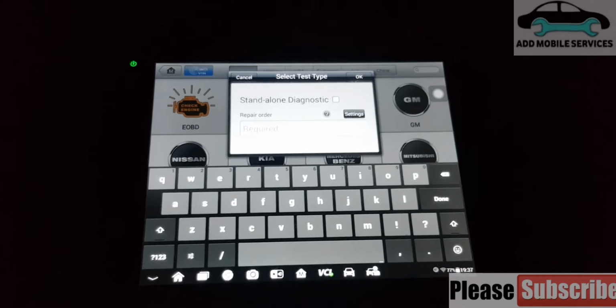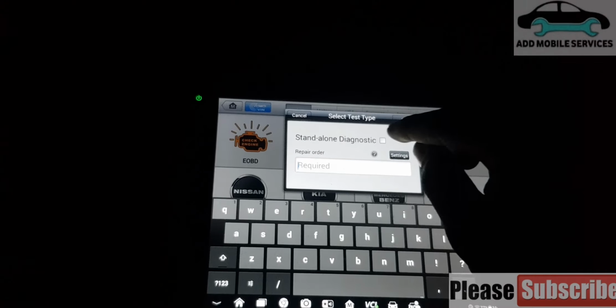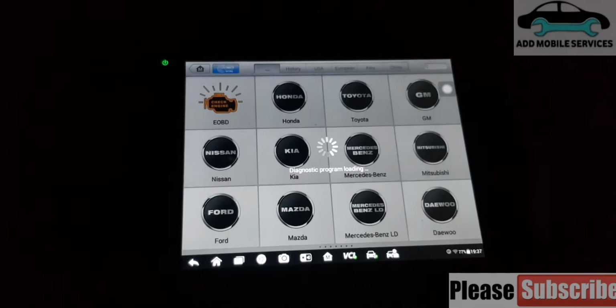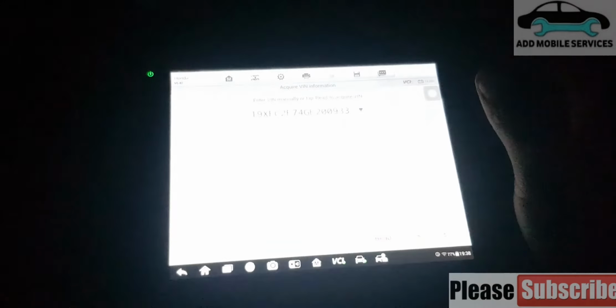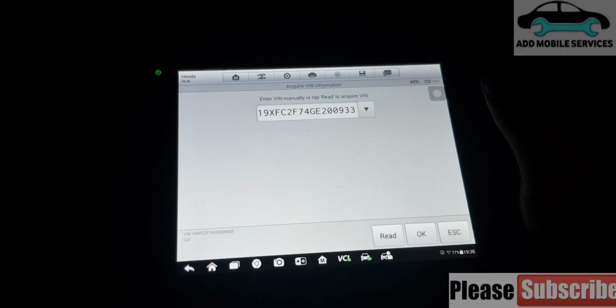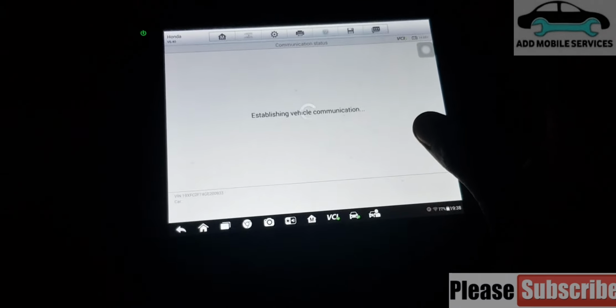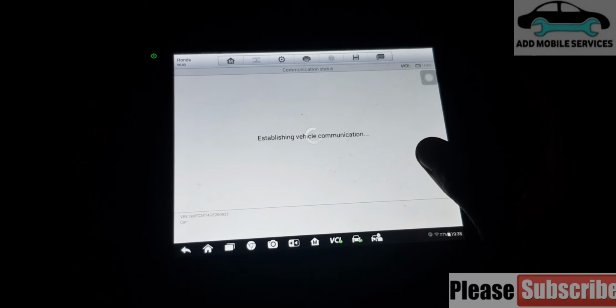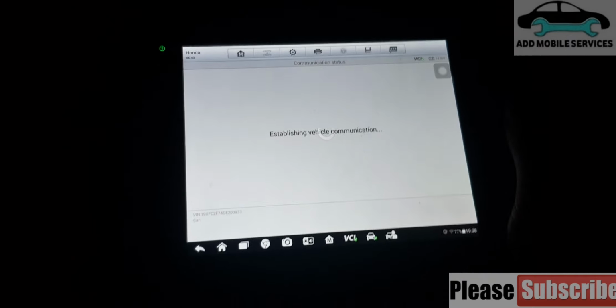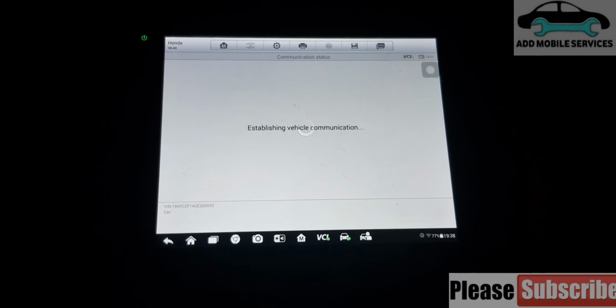The Mazda 6 to do the diagnosing. Battery voltage is 14, so it's charging.